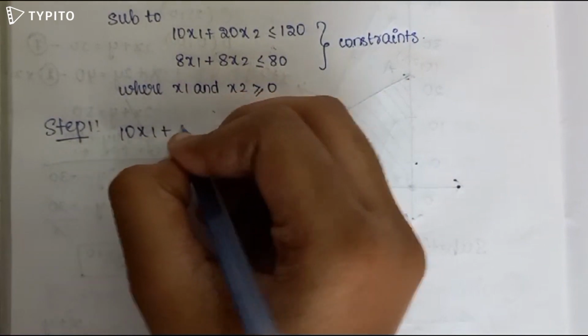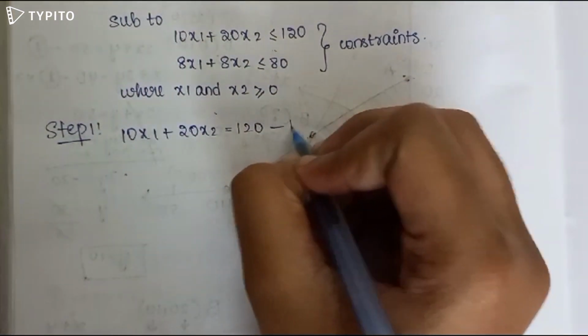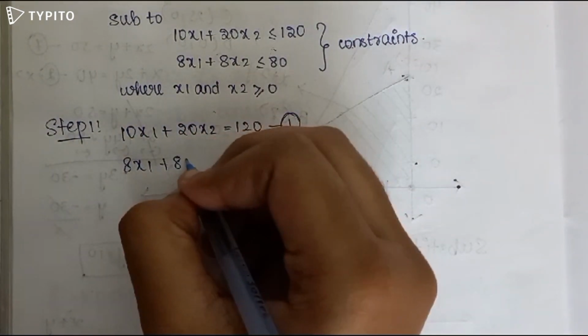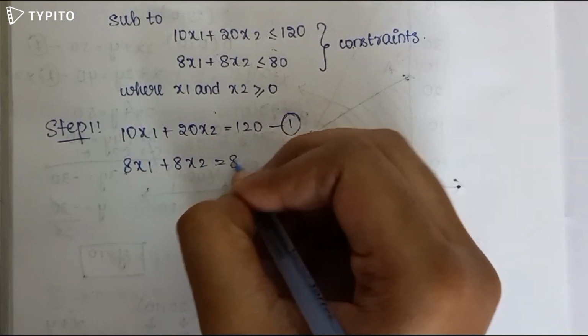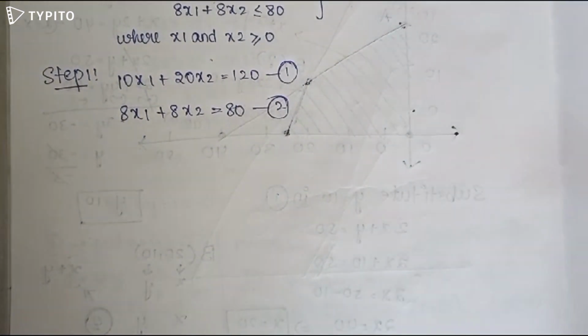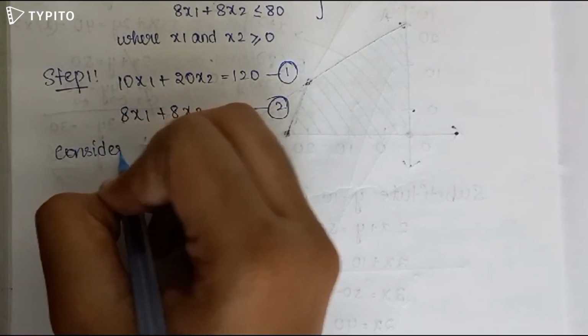10x1 plus 20x2 is equal to 120. This will be our first equation. 8x1 plus 8x2 is equal to 80. This is our second equation. Now first equation లోను if we consider first equation,